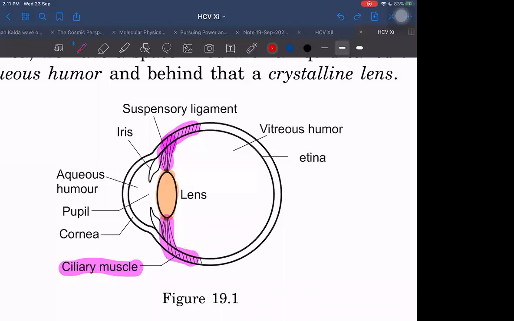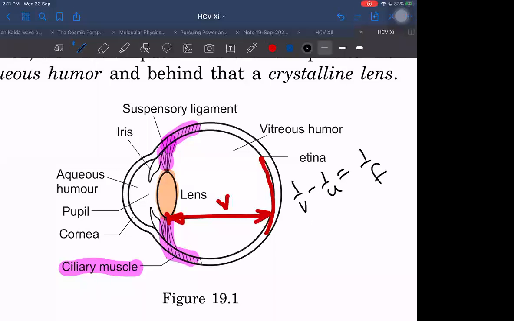That's why, because see here, the screen, this is such a wonderful thing. This screen is at a fixed distance. It will not change, which means our image distance is fixed. So what are we doing? There are so many values of V. We have the formula 1 by V minus 1 by U. For mirrors, it is 1 by V plus 1 by U, and for this lens, it is 1 by V minus 1 by U is equal to 1 by F. So our value of V is fixed.